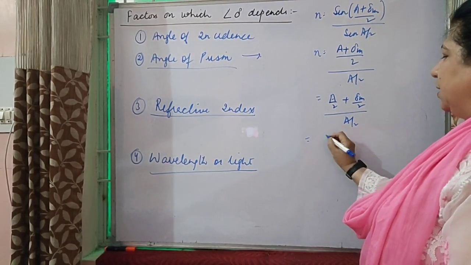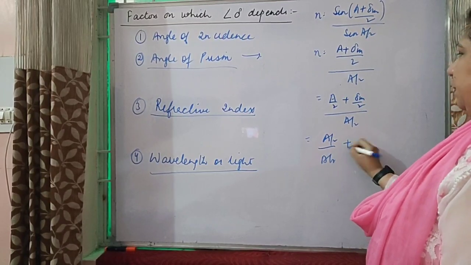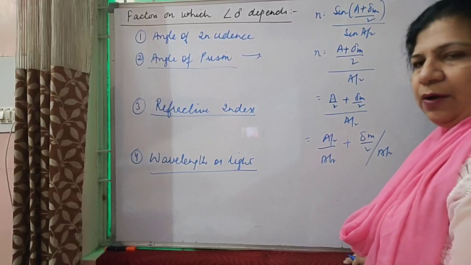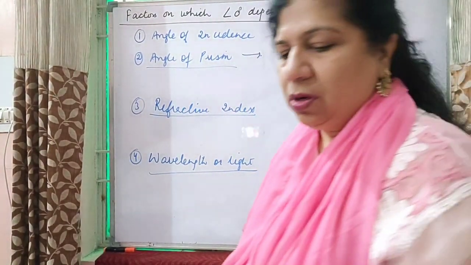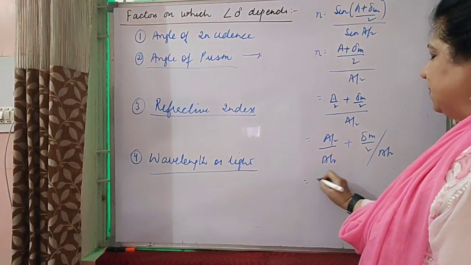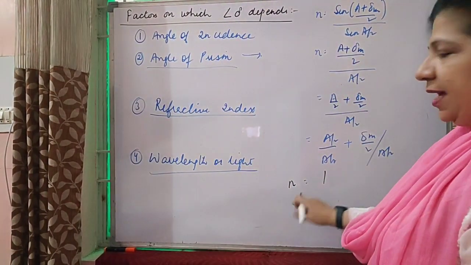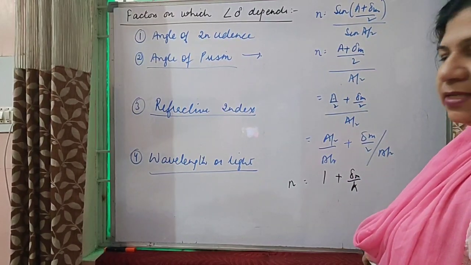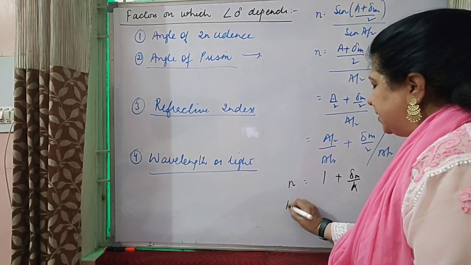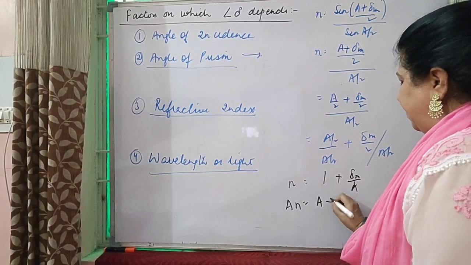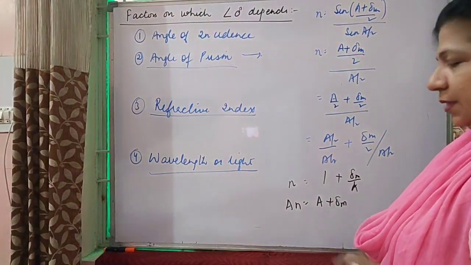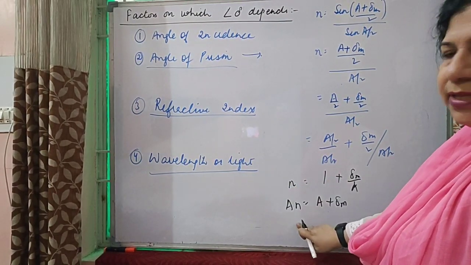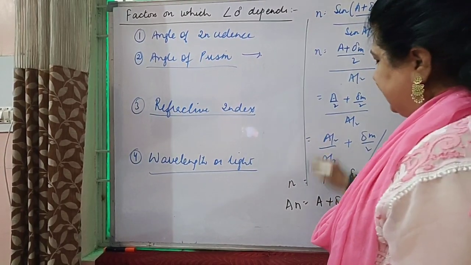If you expand this, you get (A/2) by (A/2) plus (δm/2) upon (A/2), right? I hope the thing is clear. Let me use a black pen, that will be more visible. So this becomes 1 plus δm upon A, the 2 gets cancelled out. So n is equal to (A plus δm) upon A, taking the LCM, and A goes to the other side. So finally what you get here is